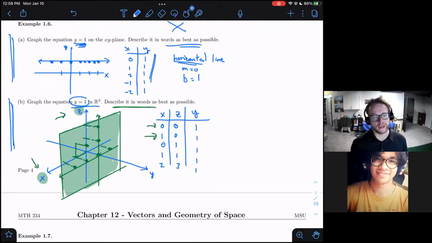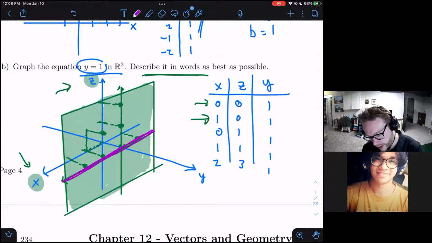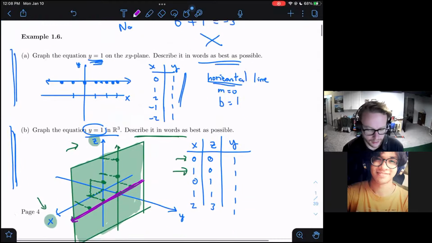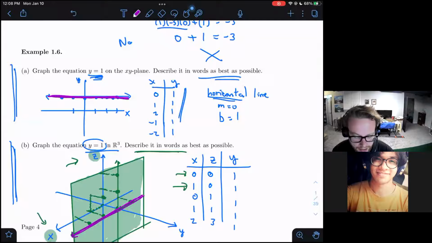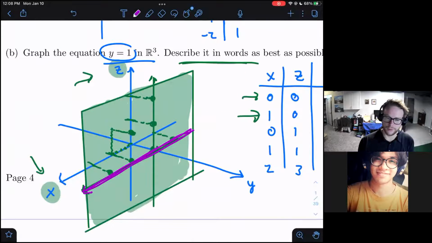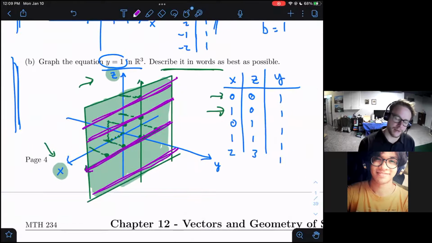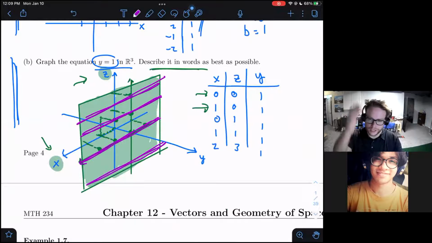So yeah, one way you could think about this is if you graphed it in the XY plane, just like you said, you would have this line right here, y equals 1. The XY plane looks like this, and that's exactly the picture here. But now imagine you don't have any restrictions on z. We graphed y equals 1 in the XY plane, but z could be equal to 1, z could be equal to 2, z could be equal to -30 if we wanted. So you get copies of this. Basically, you can drag this line more or less up and down as much as you'd like.